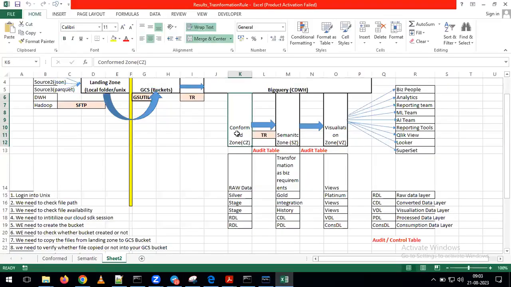After loading the data into the confirm zone table, immediately we need to maintain the entry in the audit table. After loading the data into the semantic zone table, immediately we need to maintain the entry into the audit table. After loading the data into a particular table, immediately we have to maintain the entry into the audit table. We are not going to perform this activity after completion of all the process and the confirm zone layer. After completion, immediately we are entering the entry into the audit table. Semantic zone layer, after loading the data into semantic zone, we are maintaining the entry into the audit table. Like that, for every layer after completion of the process, we are going to maintain the entries into the audit